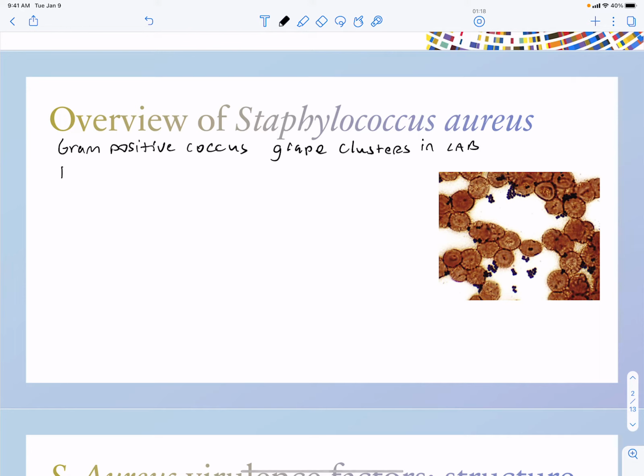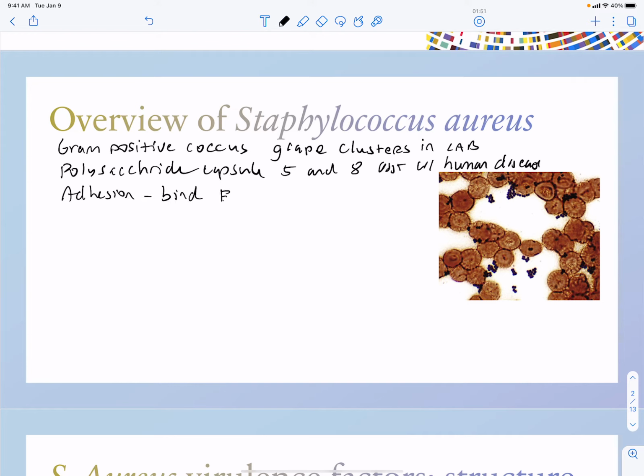Now, staph has a polysaccharide capsule, and capsule number 5 and 8 are associated with most of the human diseases. And staph is also going to have adhesion proteins that are going to allow it to bind to our extracellular matrix. And extracellular matrix are going to be things like collagen, elastin, fibronectin. It's going to have a protein A